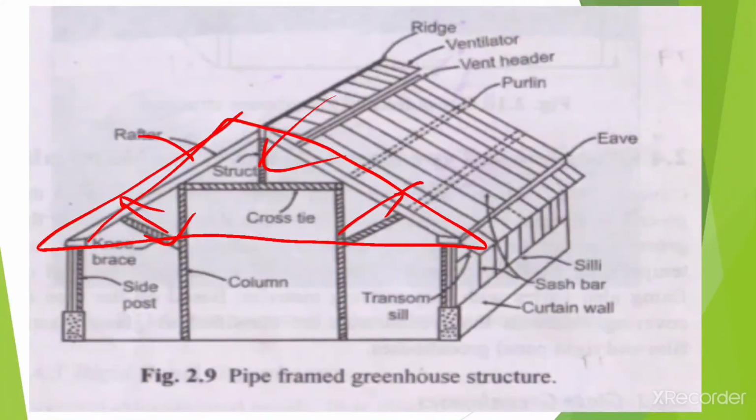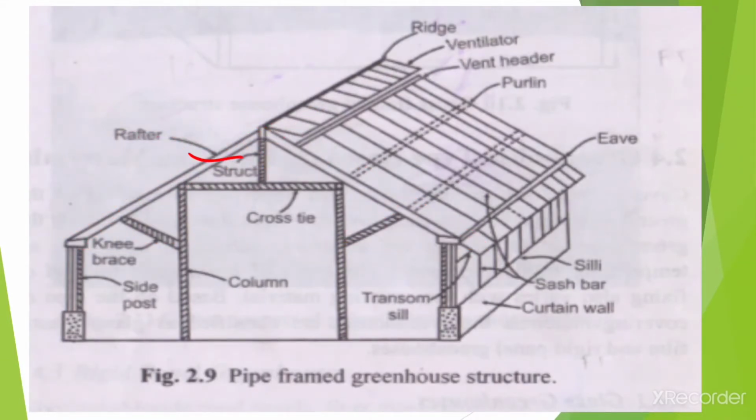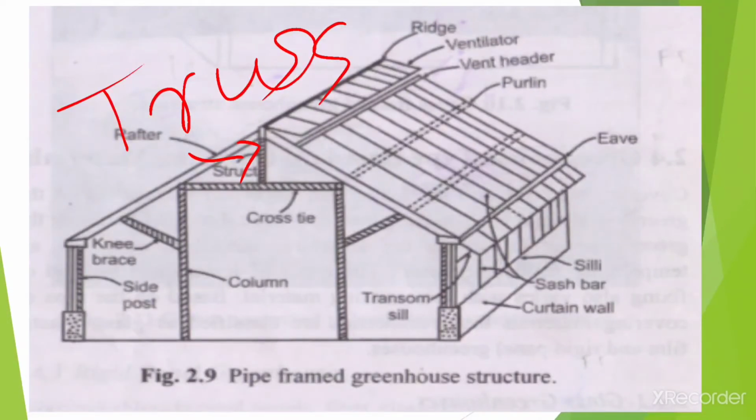Like rafters. Here this bar is called a rafter, which supports the roof. Now for example, here is this component, the strut, which again supports the roof, and it is under compressive load. This combination of these different structural components, that whole structure, is called a truss. And these different components are made up of different types of metal materials.